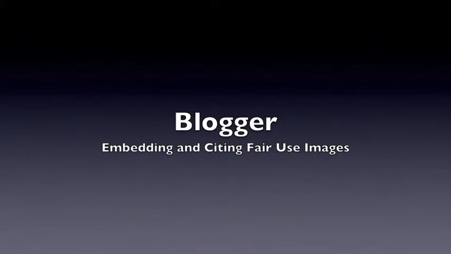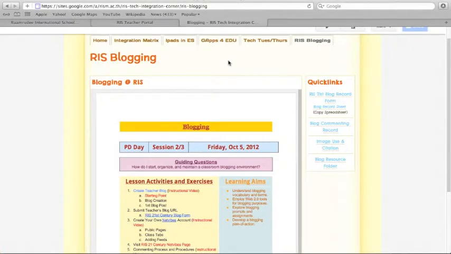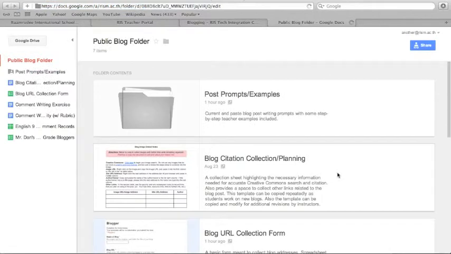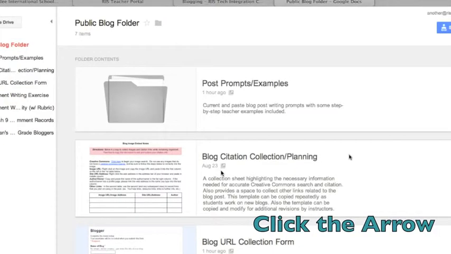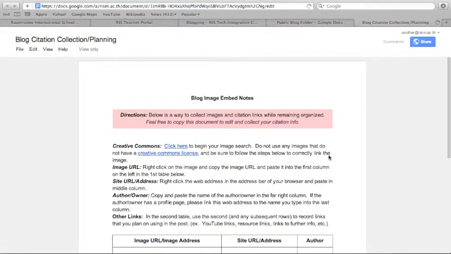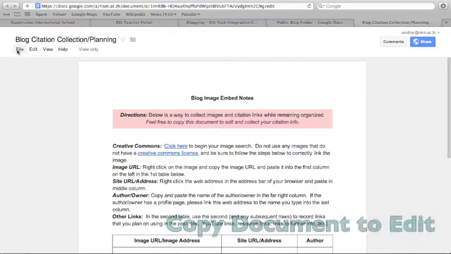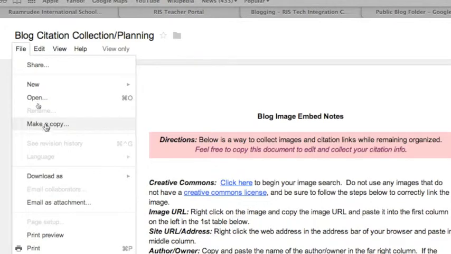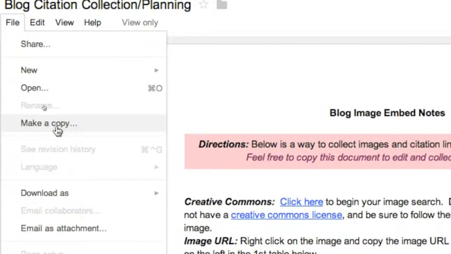Alright, so here's how you can get an embedded, correctly cited photo into your blog. Start from our lesson page and then navigate to the folder and click on the file blog citation collection planning. Now you'll want to make a copy of this document,